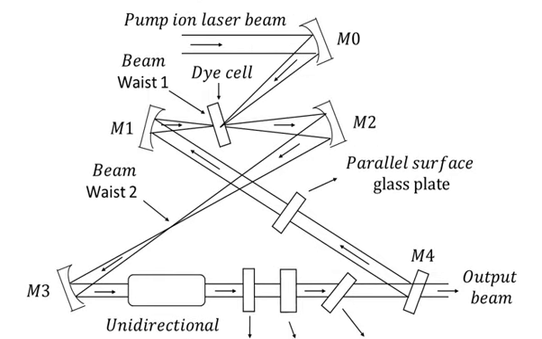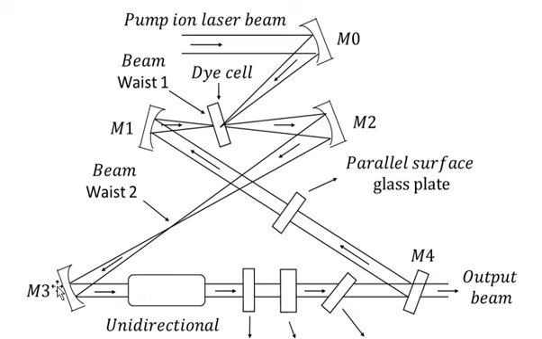And you can also notice the location of the beam waist 2 over here. This is the beam waist 2. So you see that when M1 focuses, the beam diverges out towards the mirror M2. And the M2 again focuses the beam somewhere in the path between M2 and M3. So a beam waist 2 is formed as shown over here, and it is located in such a way by